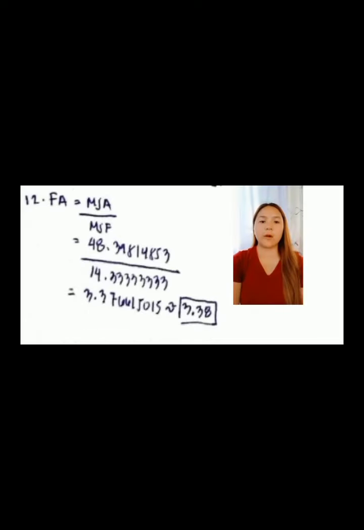Number 12, FA equals MSA over MSE. So the MSA here is 48.39814853 divided by 14.333333. The total is 3.37661515, or